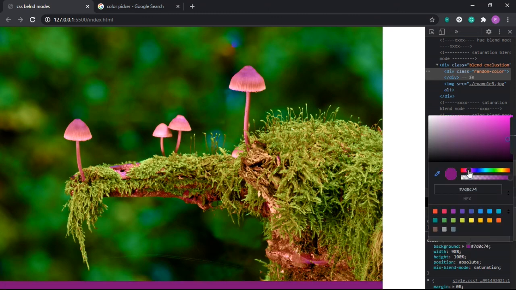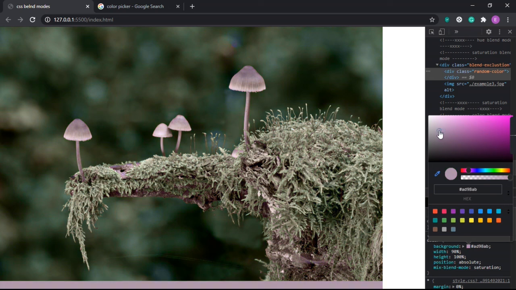No matter if I change the hue or not, it does not affect anything. But if I change the saturation, have a look at this. If I change the saturation, it increases and decreases the saturation. So if I take it all the way to the left, it becomes grayscale, and if I take it all the way to the right, it becomes fully